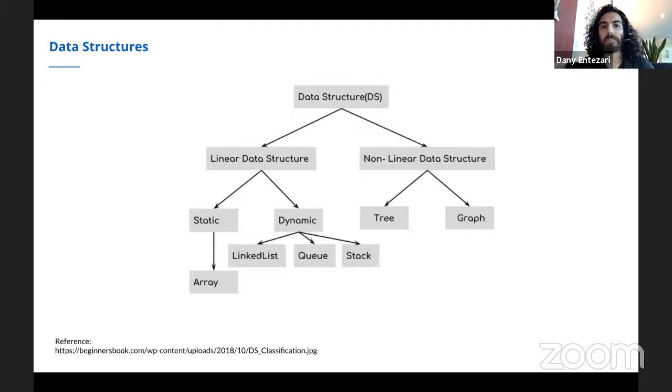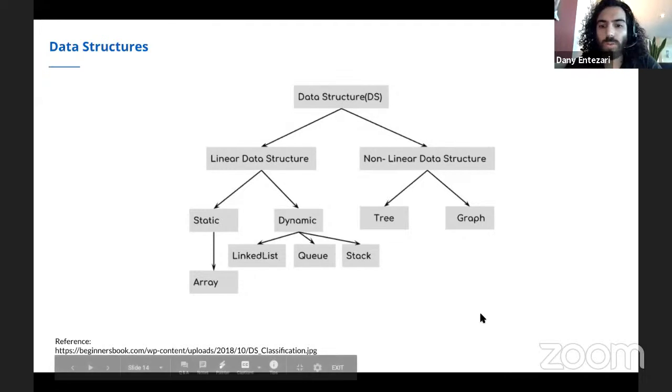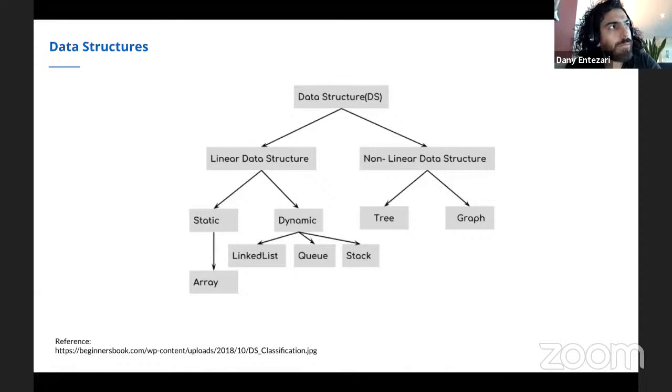Now, going back to the objective of this workshop. If you want to be a good software developer, a good programmer, a good software engineer, or a good computer scientist, you need to know the different data structures that are out there.